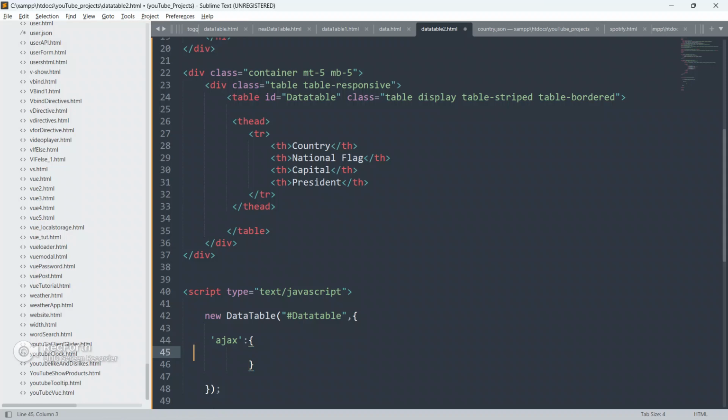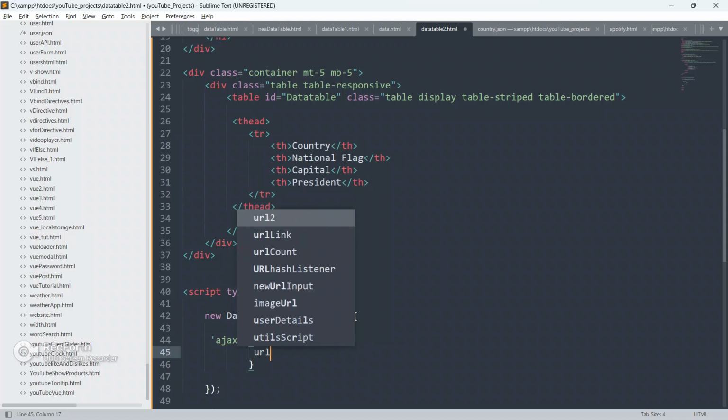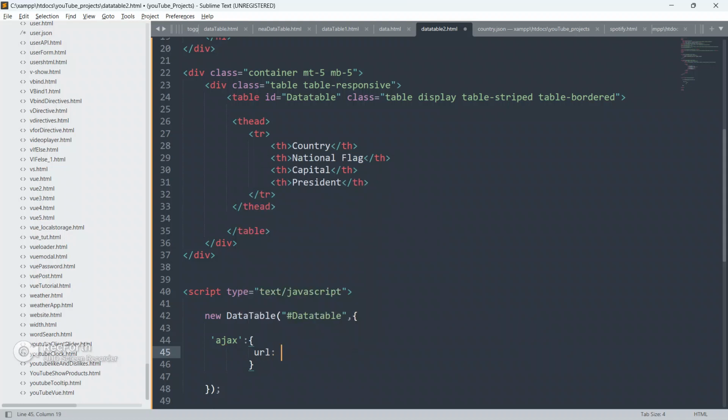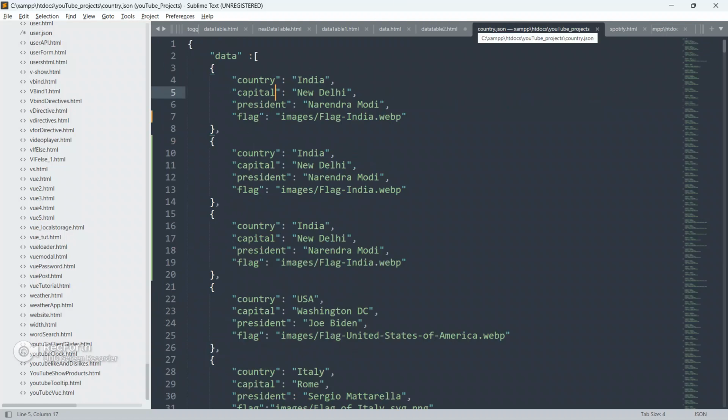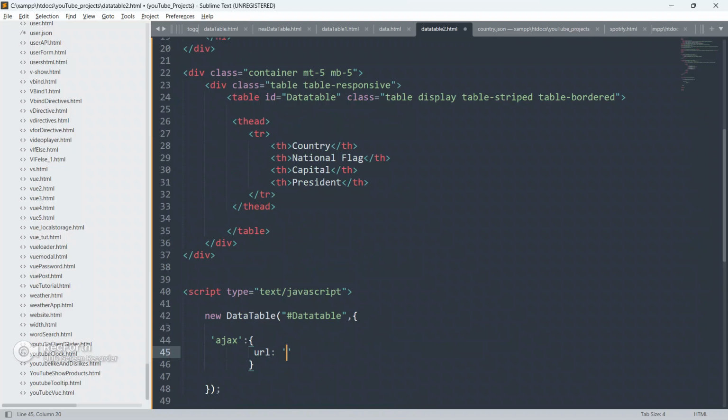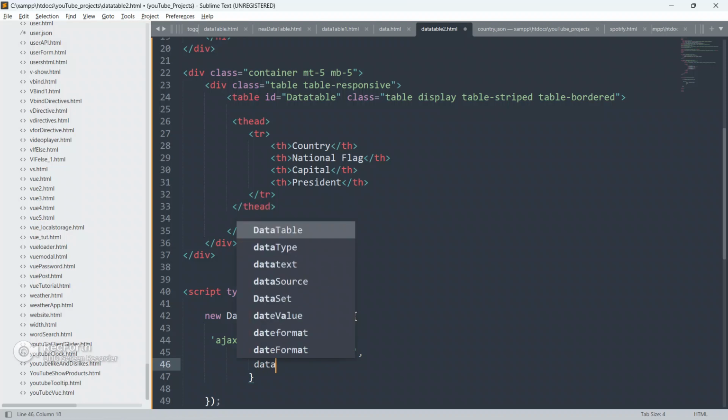Now I'm going to write some JavaScript code. The URL will be this JSON file name, country.json.